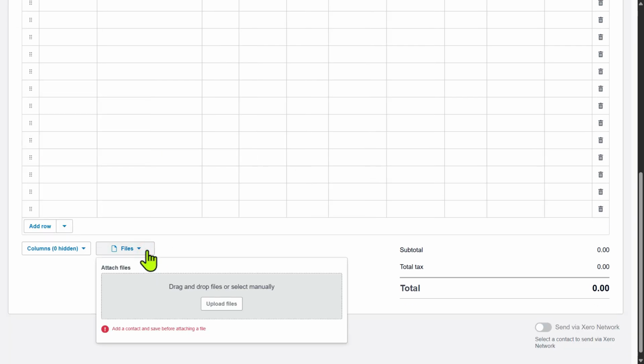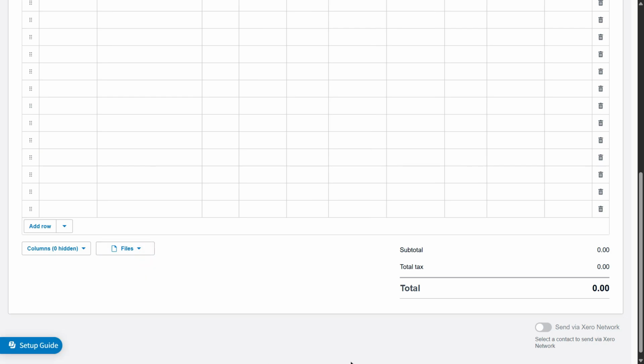And that's it. You've successfully added a discount to your Xero invoice. This feature is great for offering promotions or giving your